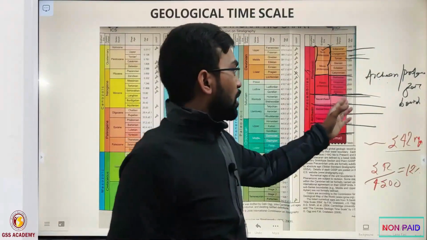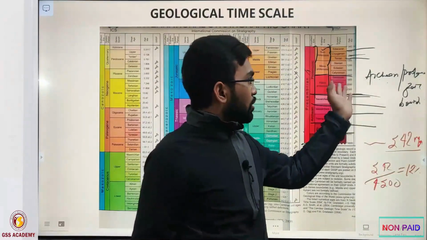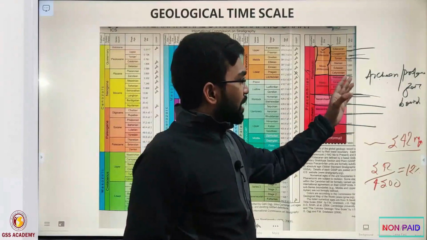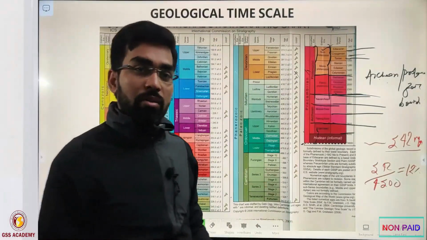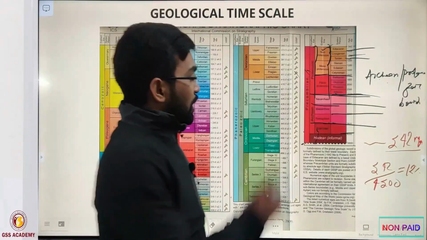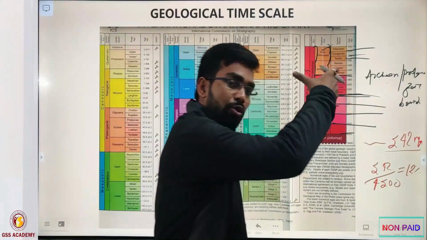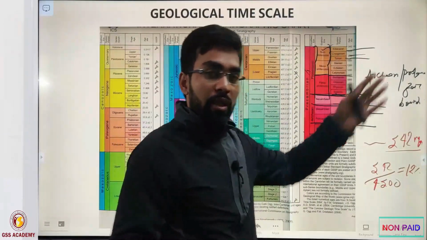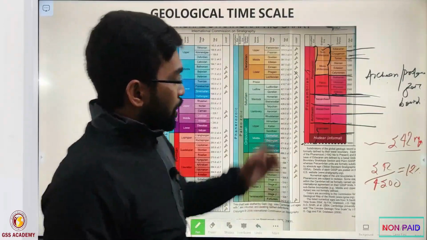But not everyone is capable of remembering all of these. If you can, then that will be good, but if not, then it's okay, because it is not always possible to remember all of the stages. But at least you should remember the boundaries, like Paleoproterozoic, Mesoproterozoic, Neoproterozoic, these broader Proterozoic ages.